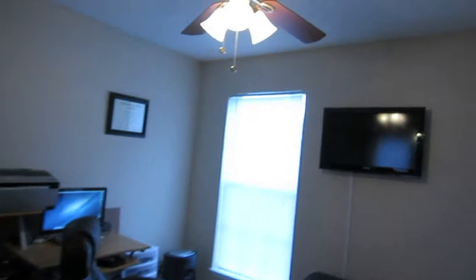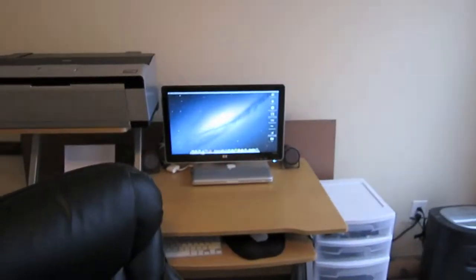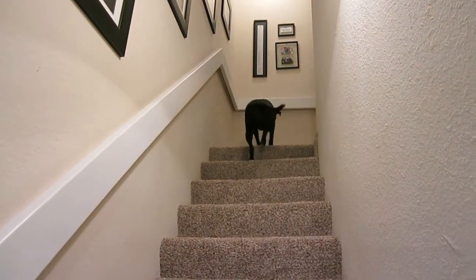So here is the second room. We mounted that TV. It was awesome, so I could play games while I edit videos. So that's cool. And of course, I don't know if I showed you guys, we have mounted that TV already. So when we go upstairs, we have everything hung up. All our pictures are hung up. Everything we want is hung up, and of course they love going up and down stairs. But anyway,